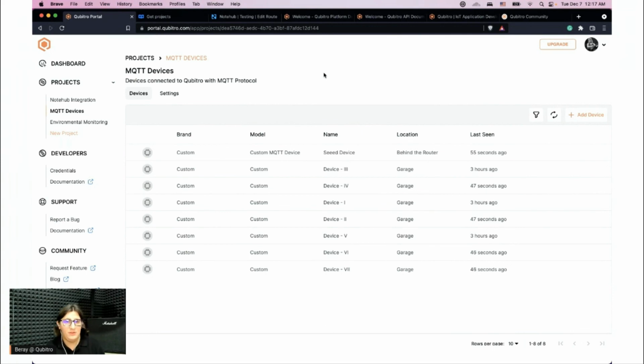We don't have limitations for that. We just have different plans for your needs. And this is Qubitro, and this is why scalability is important while building IoT solutions. And integration with Notehub and Qubitro provides a very solid and easy to use, but more importantly, scalable experience for both Notehub users and Qubitro users.